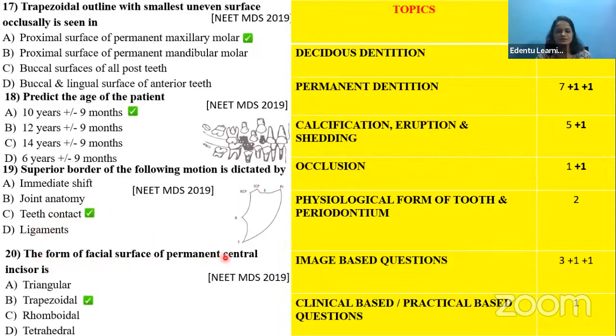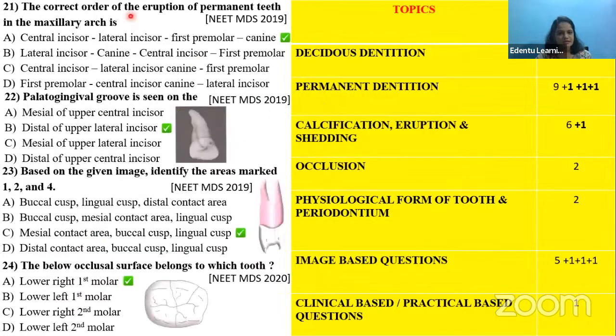The form of facial surface of permanent central incisor is, okay, it is a trapezoidal form, so we can put it under the permanent dentition. Now this, yeah,